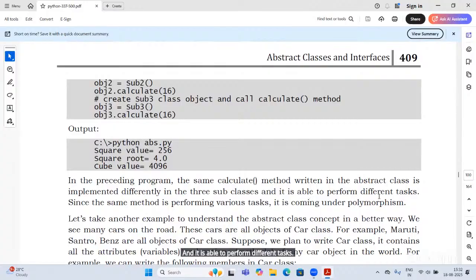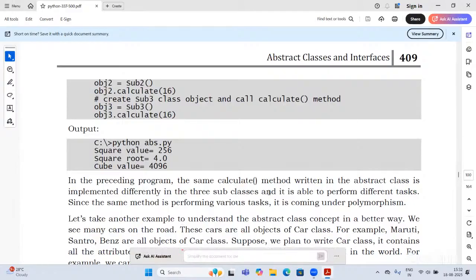Since the same method is performing various tasks, it is coming under polymorphism.